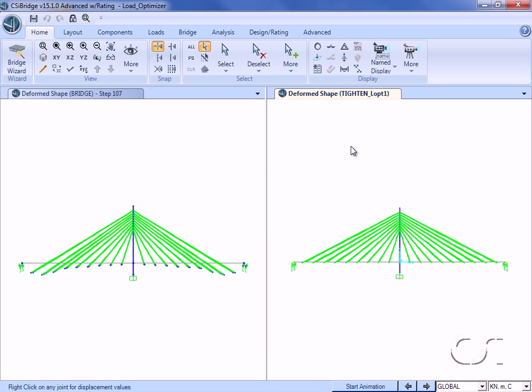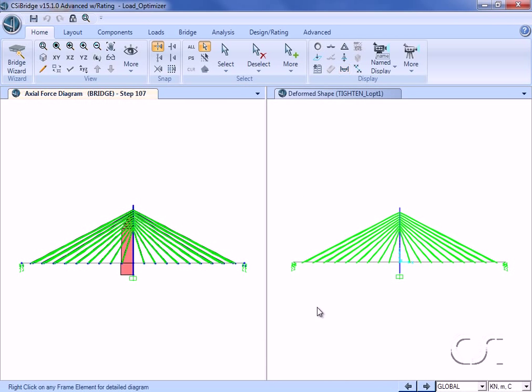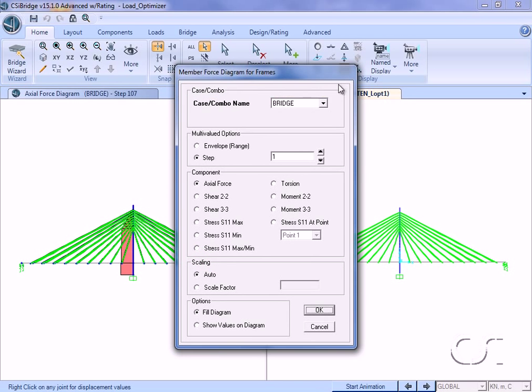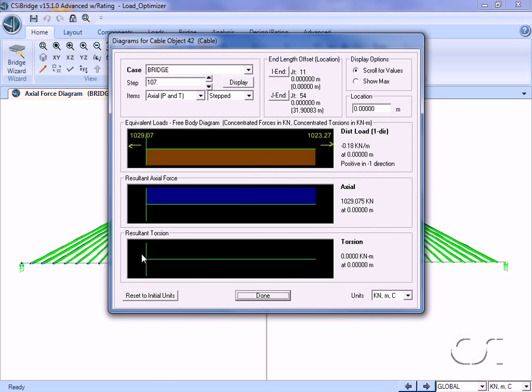If we switch to a display showing the axial loads for both cases, and then right-click on the cable adjacent to the tower, we can see that prior to the load optimization, the cable load was 1,029 kilonewtons.